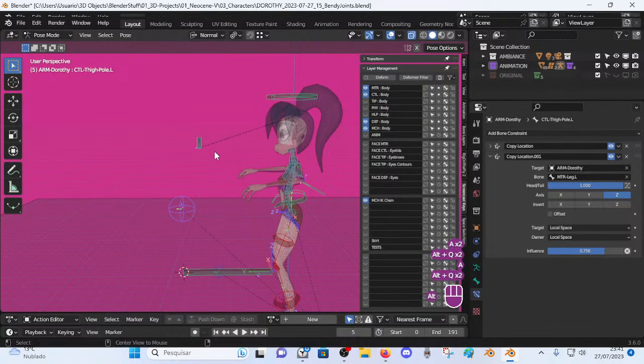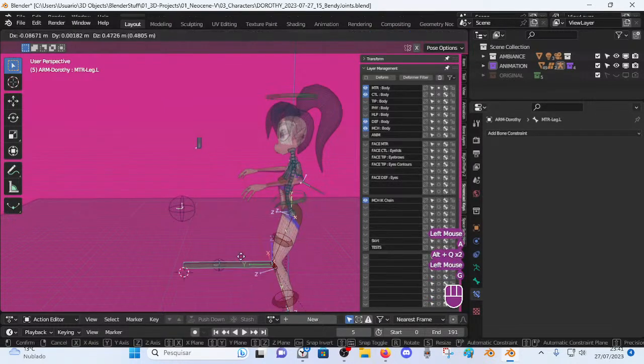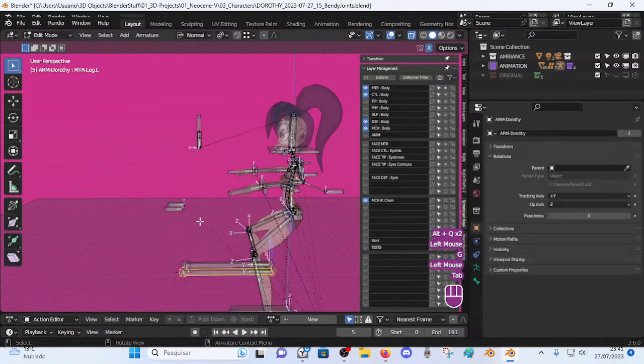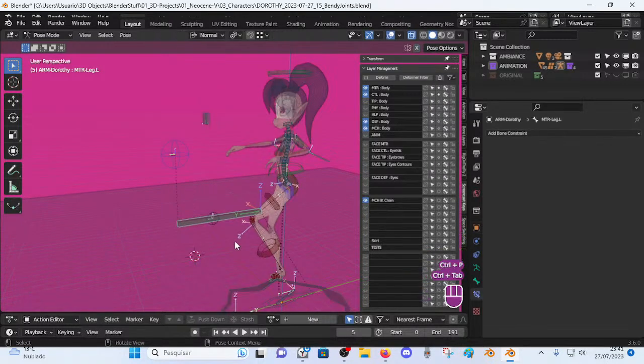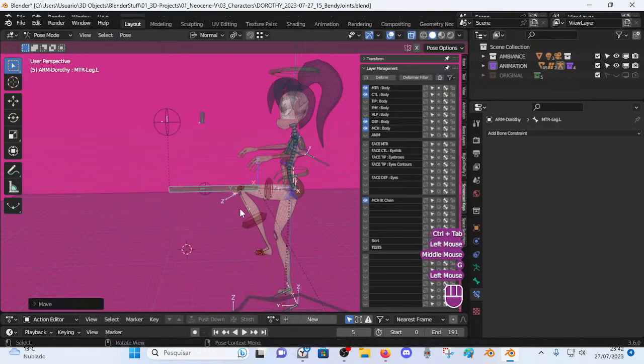So maybe I should not have this at all. And for this bone, maybe I should just parent it to here. So what we'll do is that as I pose this bone,